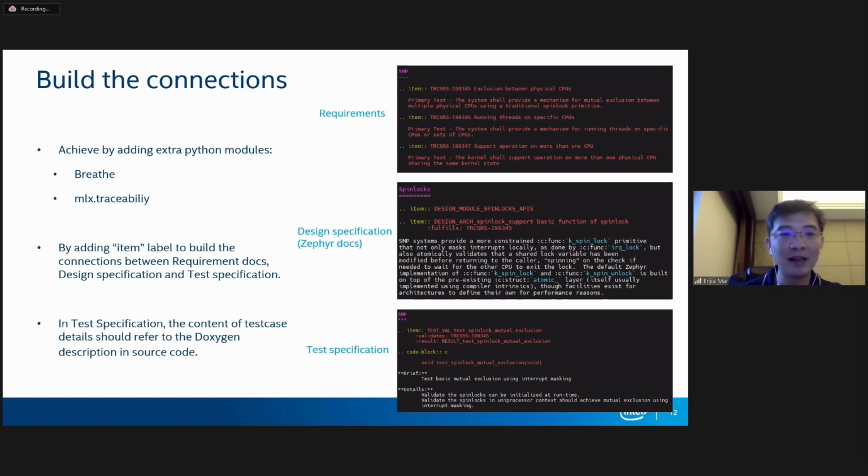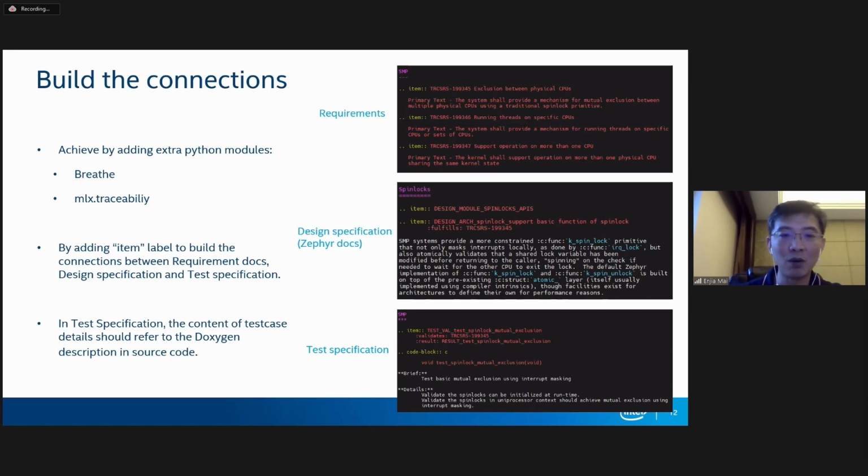The first one is Breathe. It provides many functions that are used to glue Doxygen and Sphinx. And another one is MLX traceability. It provides the custom object that we can easily link for the documentations by the item that we specify. We also provide some visual elements such as the traceability matrix table we just saw. Taking advantage of these 2 tools,